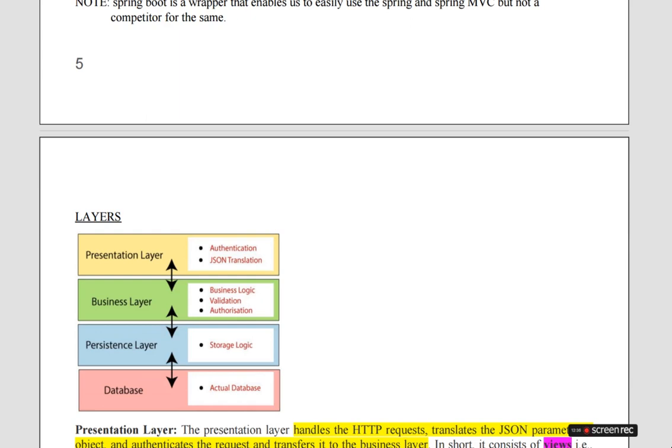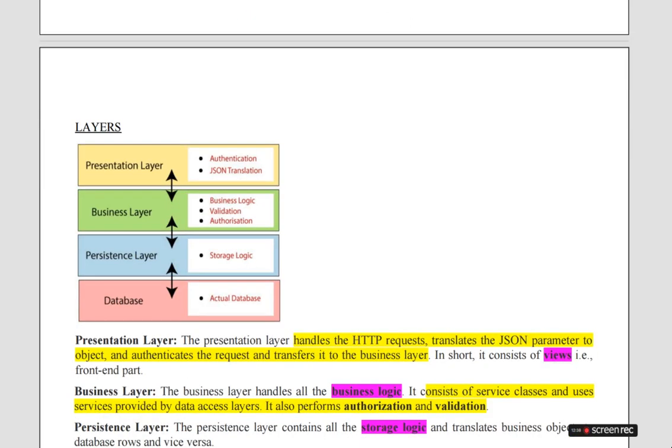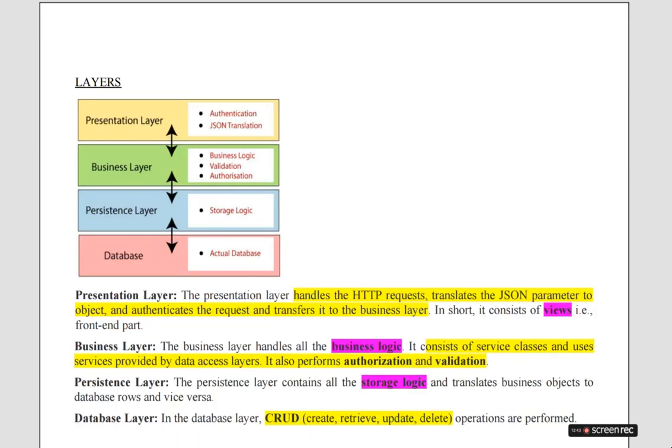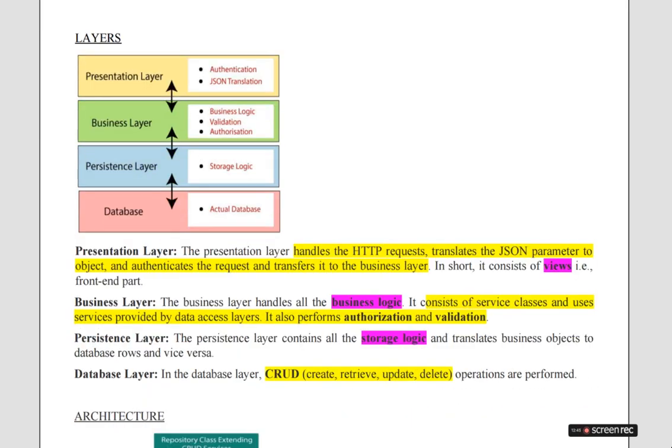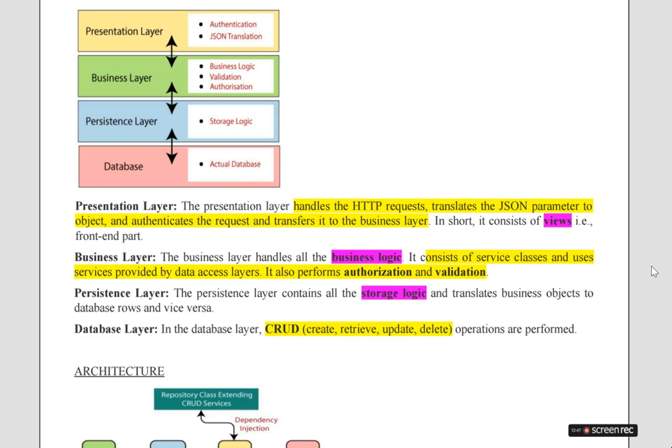While diving deep into Spring Boot, we can go through the architecture of Spring Boot. To understand the architecture, we need to know the different layers present in Spring Boot. Mainly four layers are present: presentation layer, business layer, persistent layer, and database layer. As you can see in the image, the presentation layer is the UI part, where the authentication of the user and the